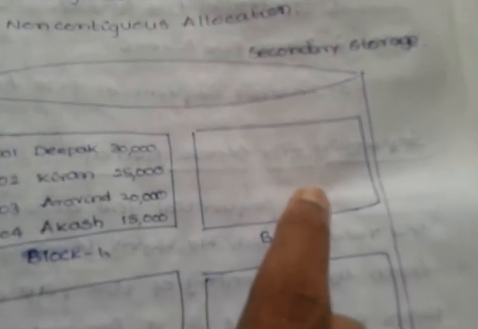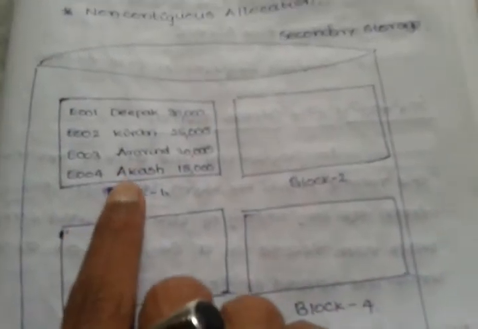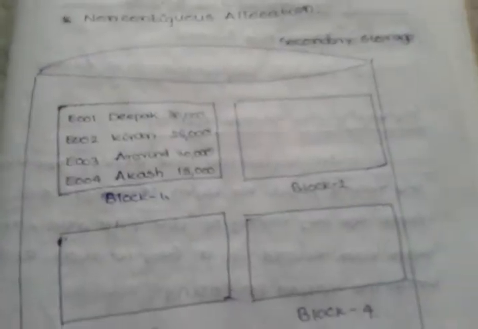When this block is completely filled up, then we go to the third block. When this block is filled up, then we go to the fourth block. That is, block 1 is filled up first, then block 2, then block 3 and then block 4, in a continuous manner. If we have space in block 1, we cannot go to block 2 and fill it there. If we have place for a record in block 2, we cannot store it in block 3. This allocation is called contiguous allocation or continuous allocation.